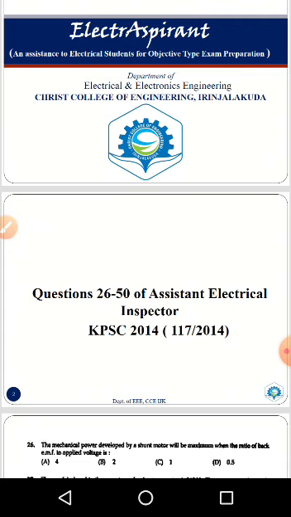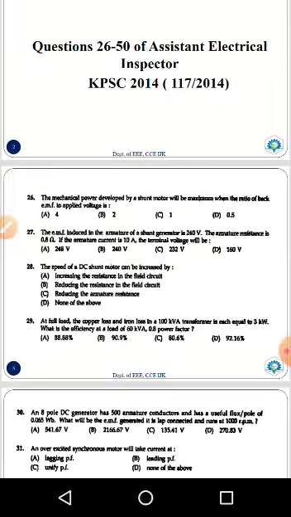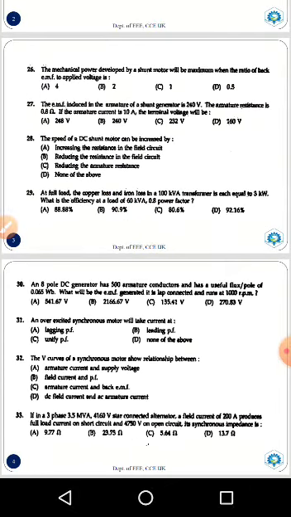In this session, we will be discussing questions from 26 to 50 of Assistant Electrical Inspector KPSC 2014 exam. Question number 26. The mechanical power developed by a shunt motor will be maximum when the ratio of back EMF